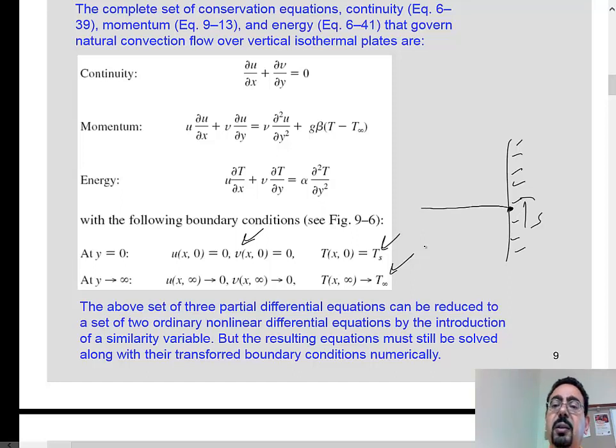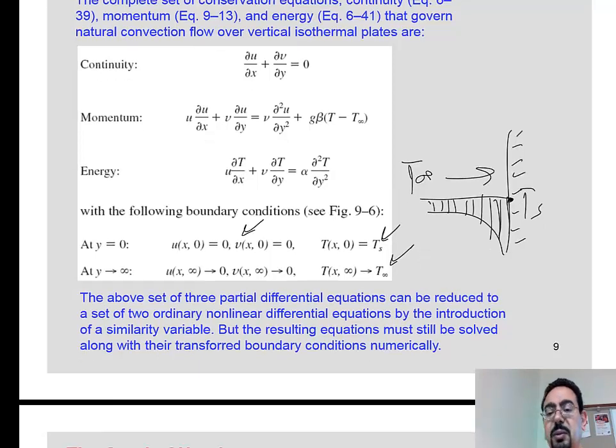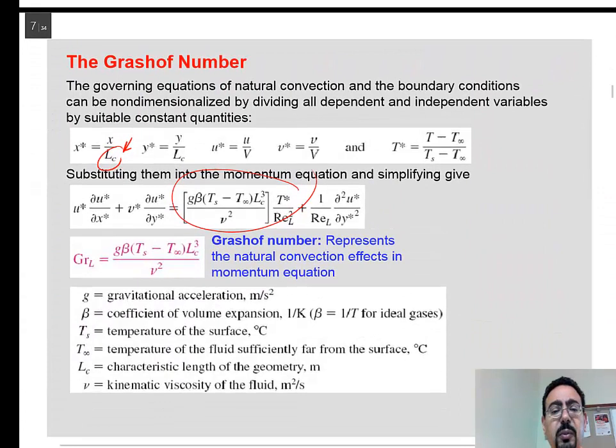But far away, there is basically T infinity, and there is a temperature profile between the two of them. And it's the natural convection that is trying to bring T infinity all the way down to here so that you would improve the heat transfer. All right? He turned the equation dimensionless, and when he does this,